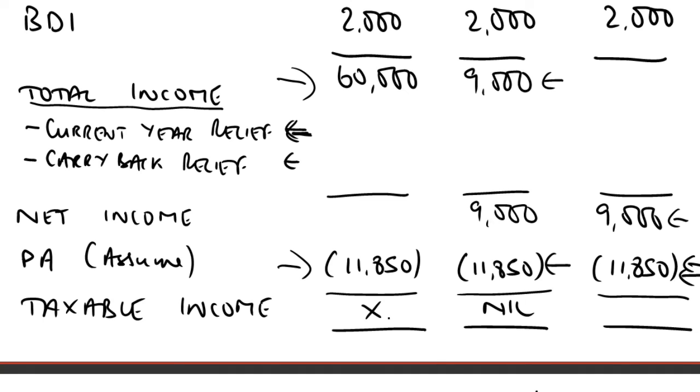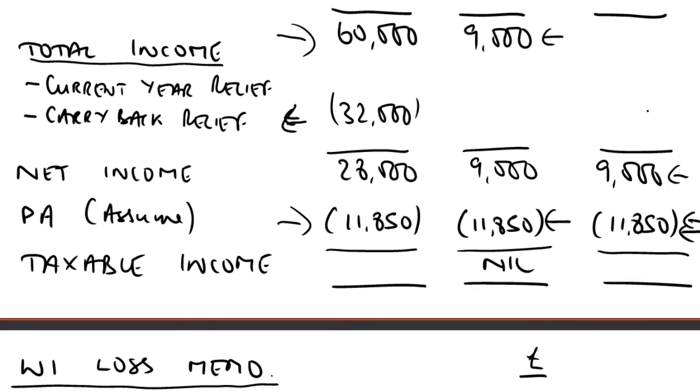So what this relief would now apply and allow you to do, so now we won't apply current year, we will apply the carryback relief. How much loss did we have? £32,000 of loss. Now there is no partial claim. We don't want it anyway. We will use all of that loss in the current year. That will bring your total income of 60 reduced by 32 down to a net income of 28. More than sufficient to cover that personal allowance, and that therefore would bring your taxable income down to, what's that? If that was 12 away from 28, it would be 16, so